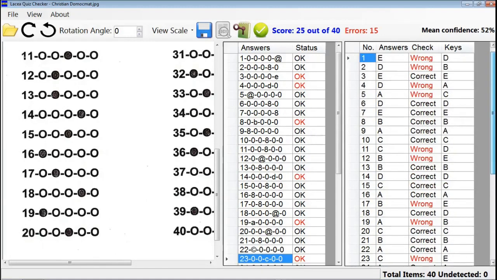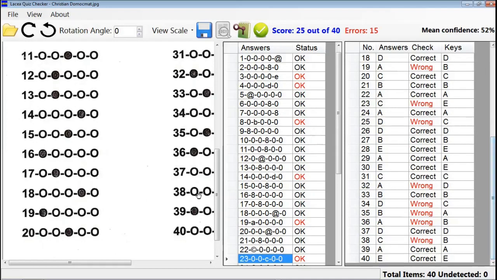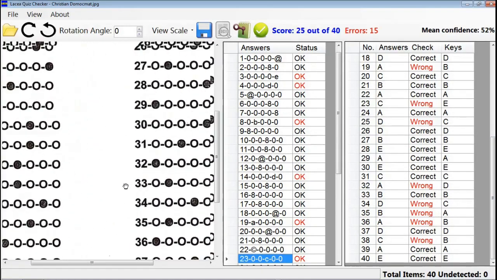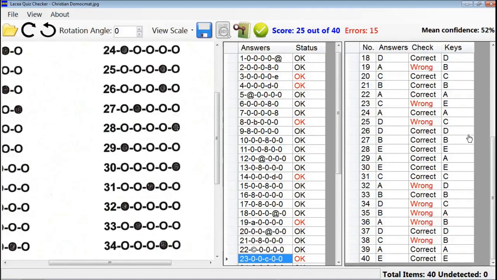Since there are no blank answers, to verify if the student really forgot to answer an item, therefore, we